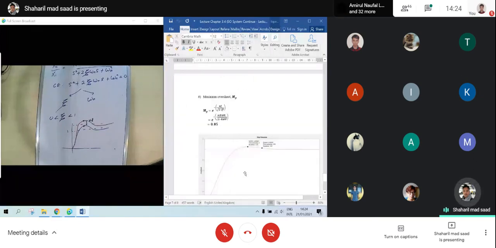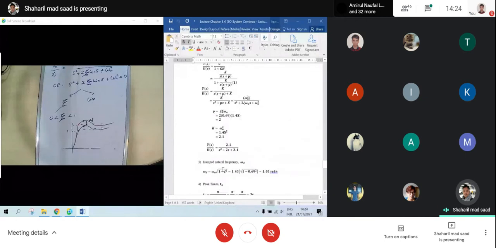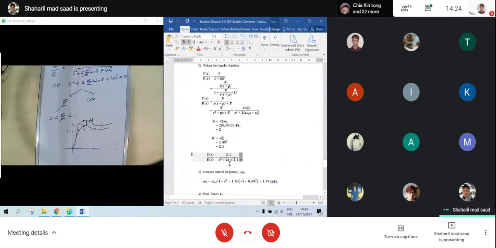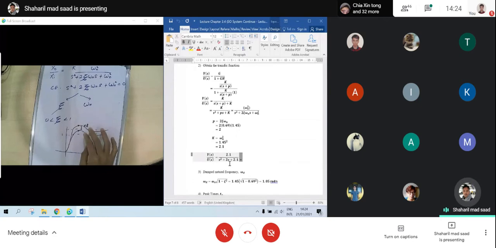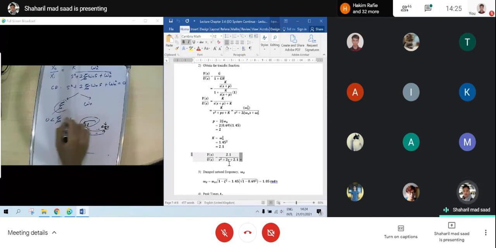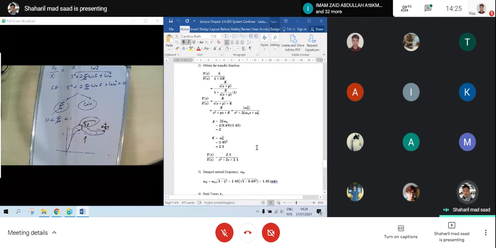The rest is about, before that, if you got two graphs like this here, you need to be able to describe the performance between these two graphs. Also from this graph you can get the steady state error for the next topic. So what is the steady state error? Maybe the graph will be from a different system, but you need to be able to describe what the damping ratio is about, what the natural frequency, damping frequency are.